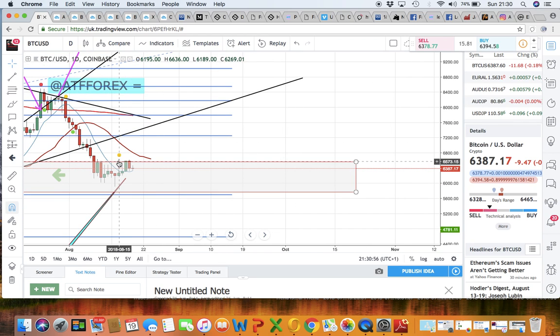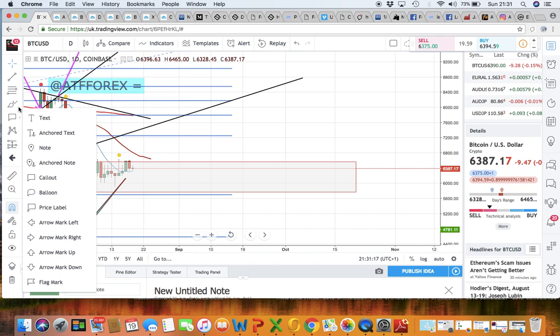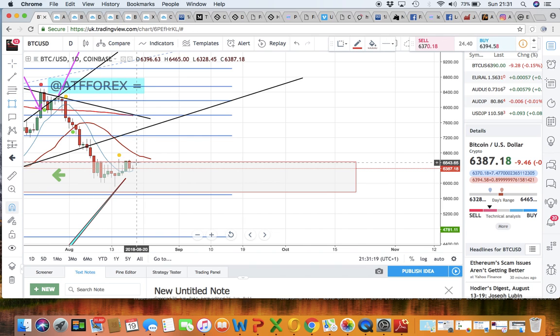We had this spike here, and you can see we had longs in from 6,100, and we failed to actually get above 6,620 right there, and then price just retraced, but we got back up to that key resistance zone. So we've yet to break above. I'll just draw on a nice smaller box. We've yet to break above